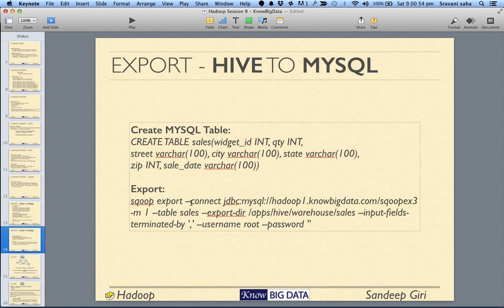So let's take this command and run it. And what does this say? It says export the data lying in this table, in this URL, this table, and the directory is this one. And the input fields are this way. Also note that